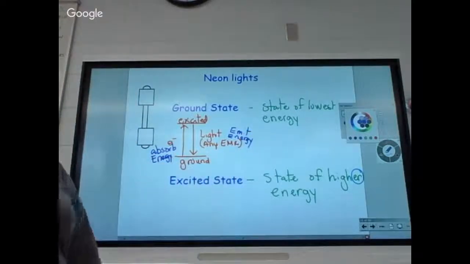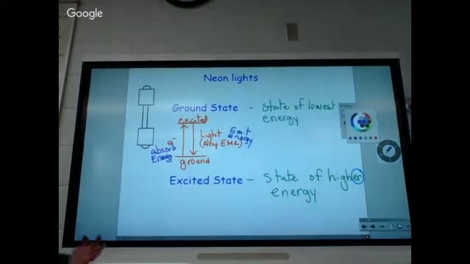Okay, those are two words that you may or may not know from another science class. Now, this is a continuous cycle. It loops so fast we can't see it. Now, if we could slow it down, you would see again, just like with the photoelectric effect, that there are bursts, okay? That it happens and there's a break. It happens and there's a break. But it happens so quickly, we can't see that. Now, again, if we had BrainPOP, I could illustrate it, but I can't do it because I don't have access to it.